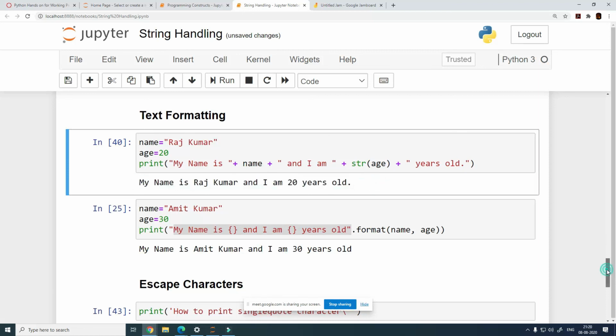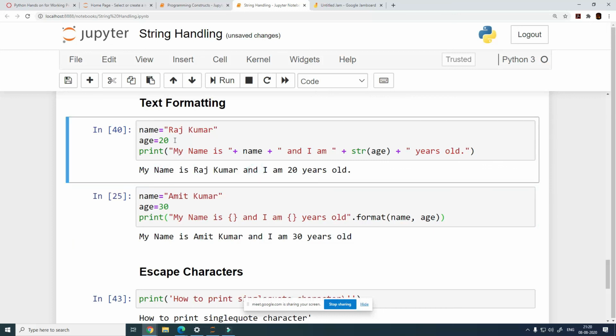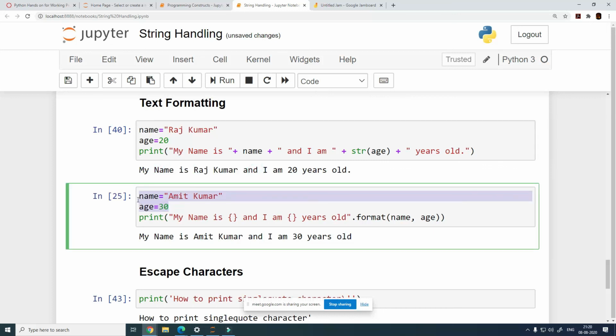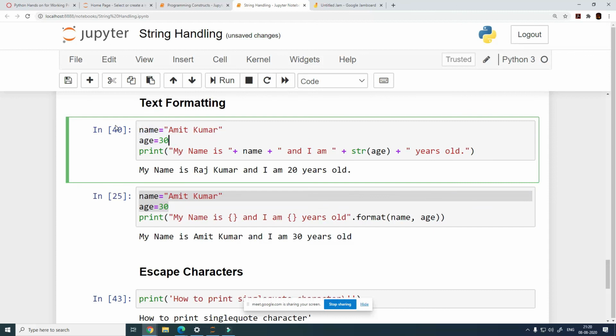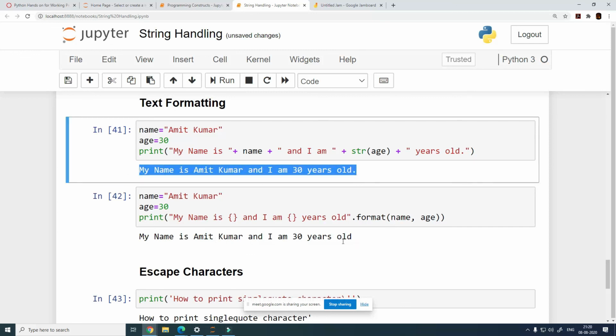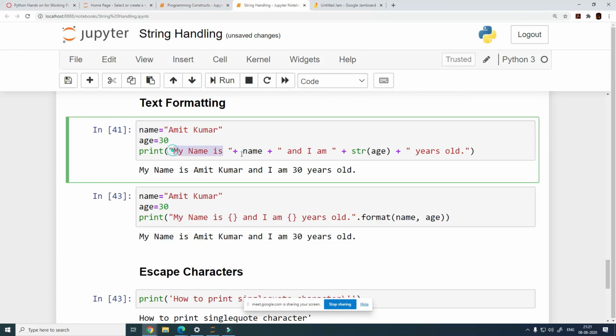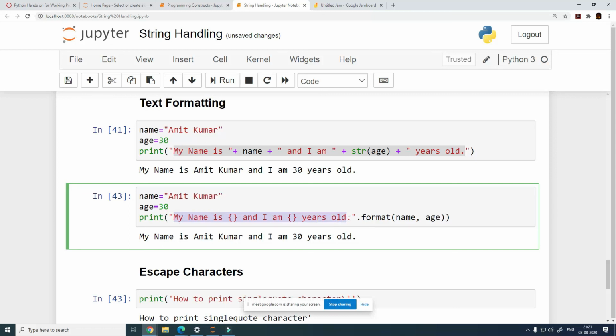But there is an easy way of doing it, right? Now if you look at this statement here and this statement here, both of them are actually printing the same stuff, right? This code above and this code above. They both are printing the same stuff. The output is exactly the same. But which is more readable? Now this statement is more readable or this one is more readable? Do let me know, guys.